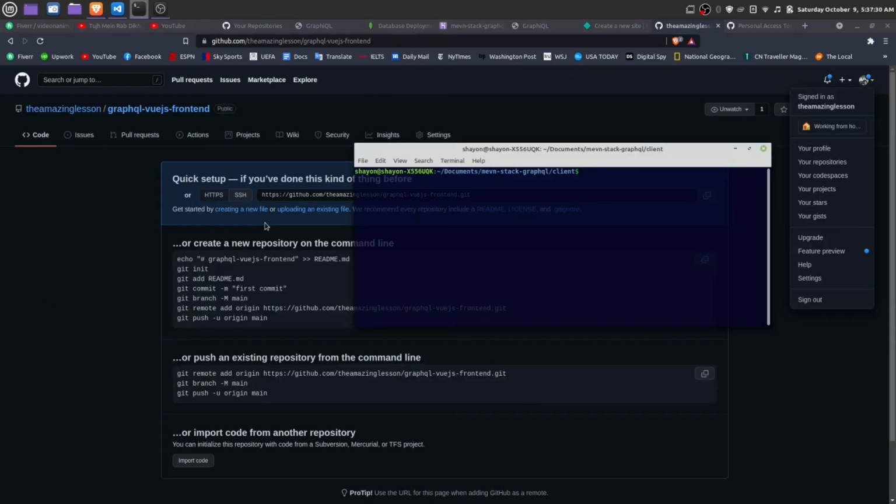Okay, next you have to push it to GitHub. Git push origin, actually this should be -u first. Origin master is our default branch, so the username will be the same.